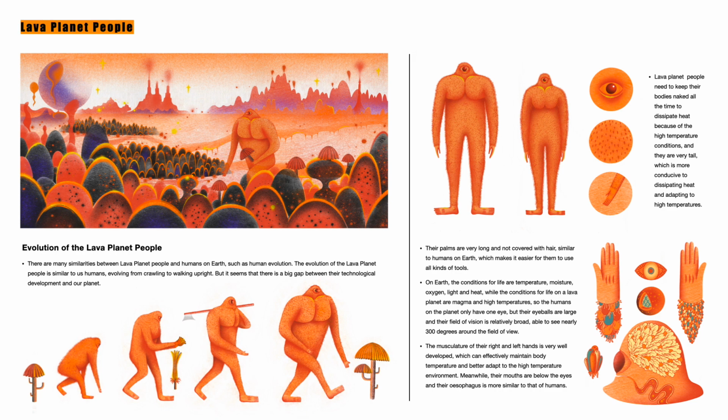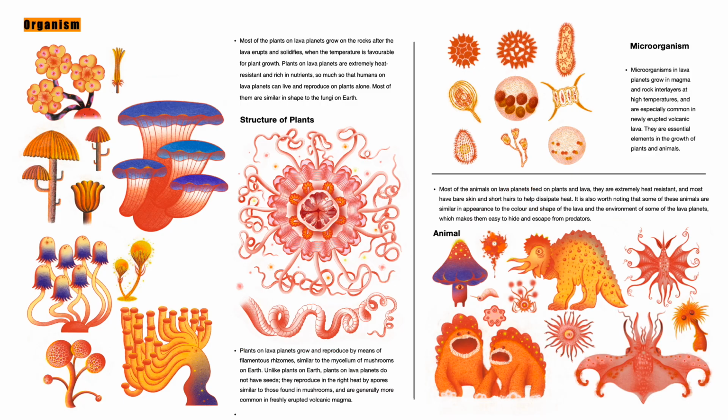Their hands are long and uncovered with hair. It can make it easy to use tools. Lava planet people only have one eye, but the eyeball is large, and the field of vision is wide and so on. The setting of plants, microorganisms, and animals was also created according to the lava environment, and through the